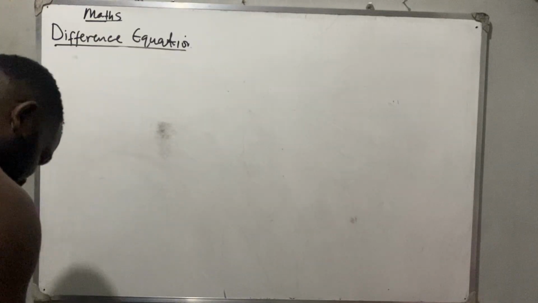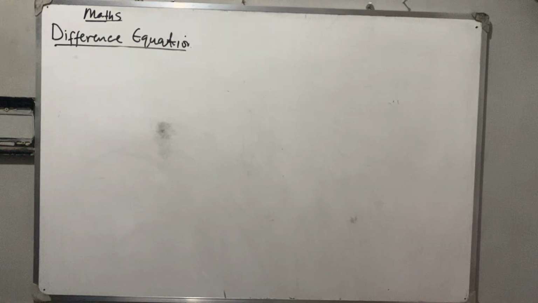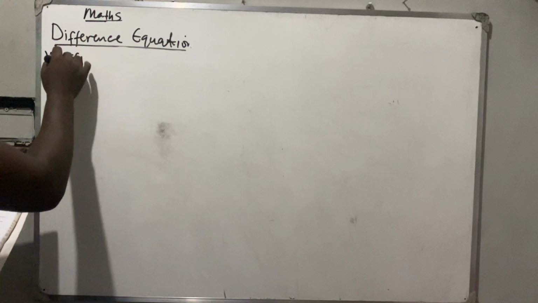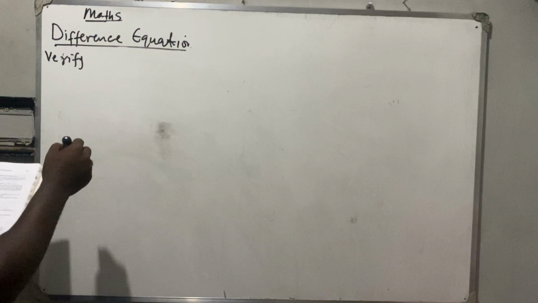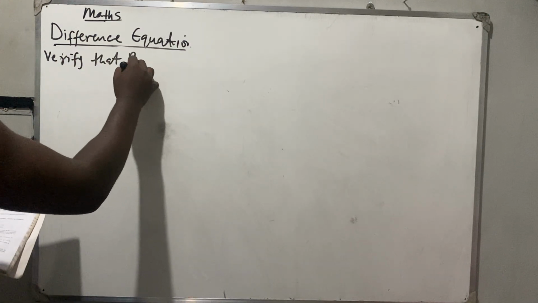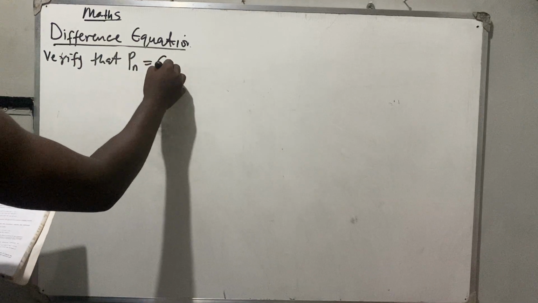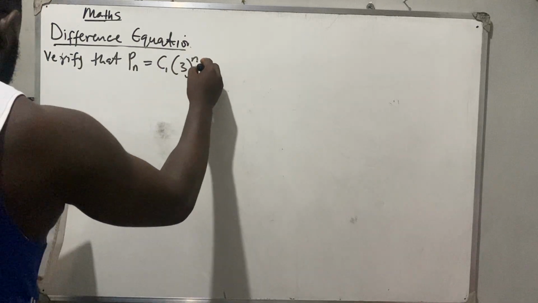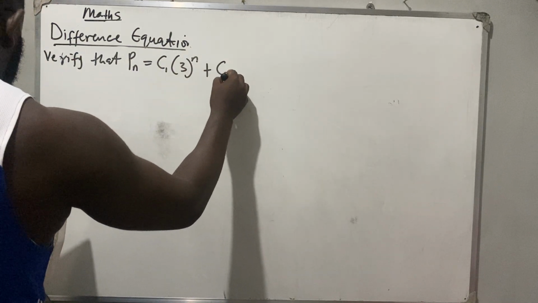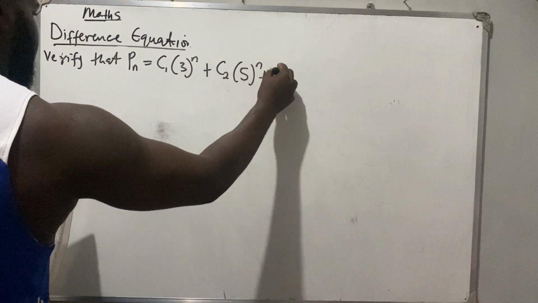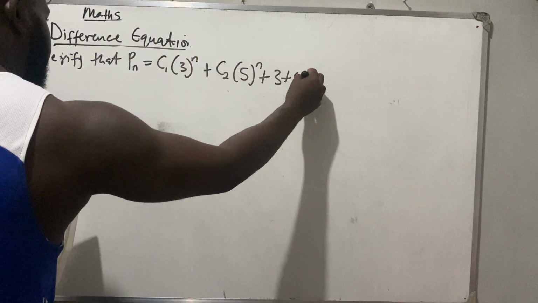So the next question I'm going to be solving, they say verify that P_n is equal to C1 times 3 raised to power n plus C2 times 5 raised to power n plus 3 plus 4n,